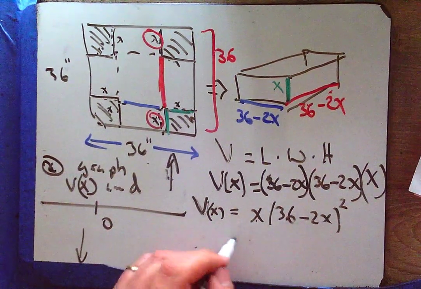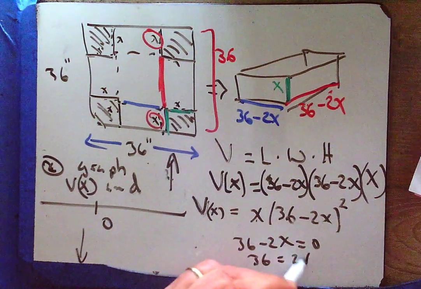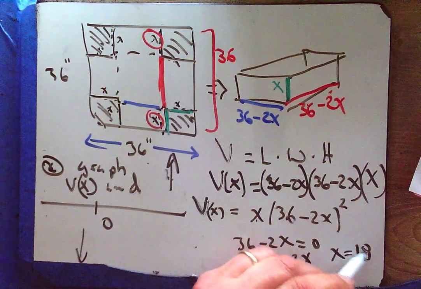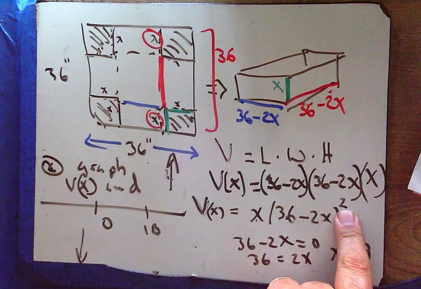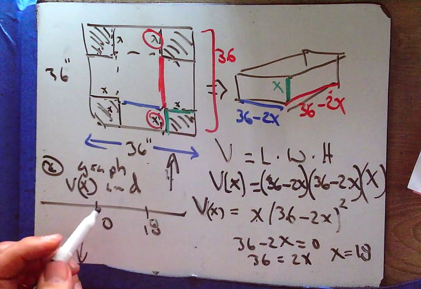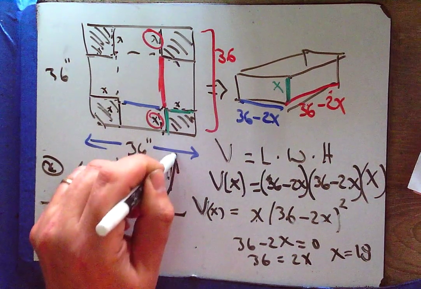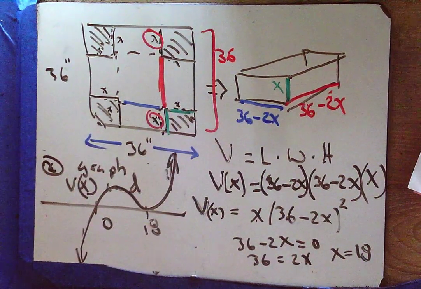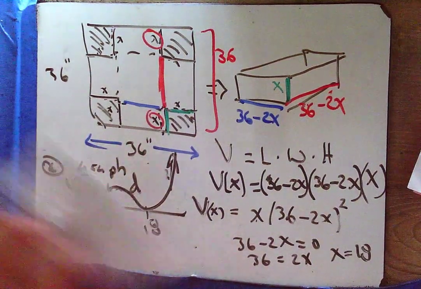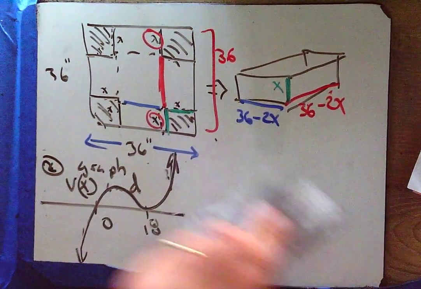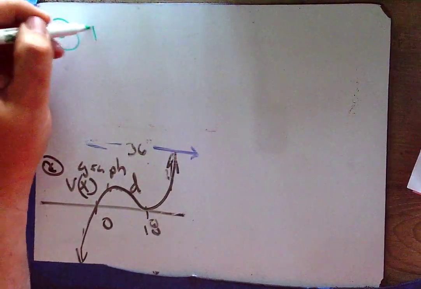What about here? 36 minus 2x equals 0. 36 equals 2x. So x equals 18. And what's happening at x equals 18 according to this multiplicity? That's right, I'm bouncing. So I'm going to come up here and pass through 0 and bounce off at 18. Alright, so there's the graph of volume. Now, let's continue this conversation. For step 3, what's the domain